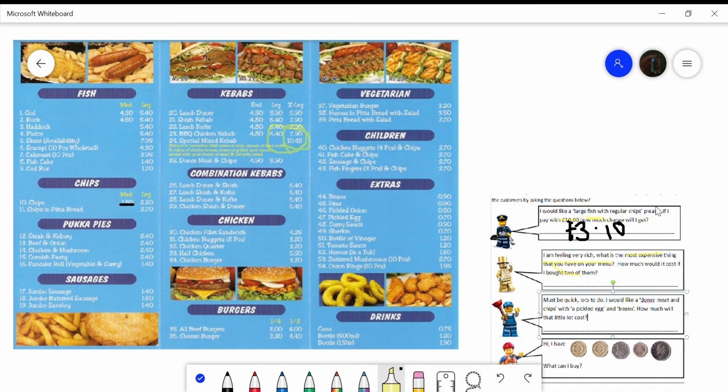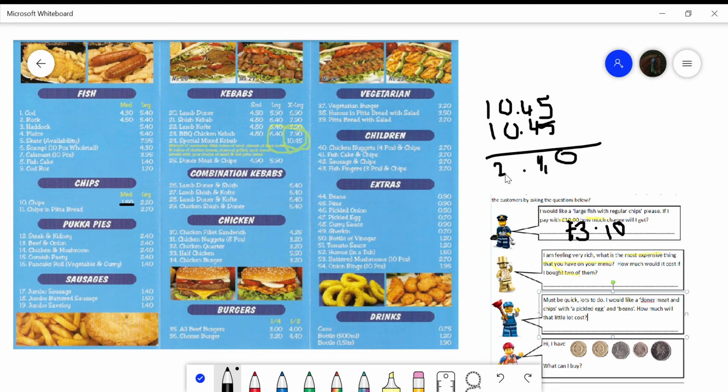Now, what would happen if I bought 2 of them? How much would it cost? Well, that's £10.45 and we're going to double that. So basically I'm going to add it together because I think that's easiest. £10.45, £10.45, so that's 10. 4 and 4, 8, and 1 is 9. And we know that 10 and 10 is 20, so